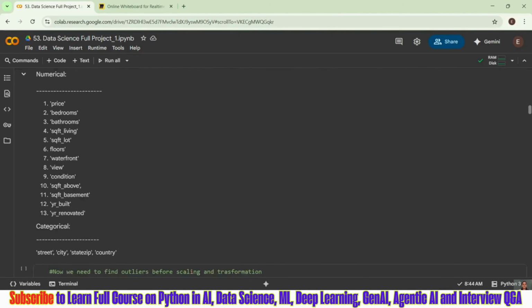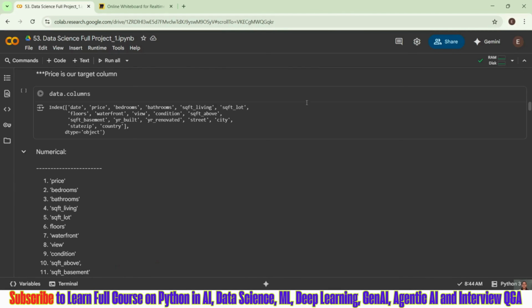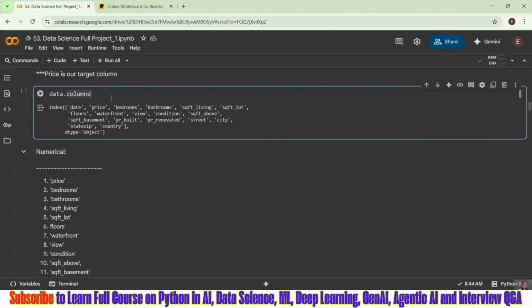Then after that, what is the next step? We have to perform our EDA, exploratory data analysis, because we have the data ready right now, and we performed our exploratory data analysis by considering various features. I have taken joint plot, pair plot and heat map. Heat map is better to understand the correlation, which features are highly correlated with the price. Price is the target column. You have to detect the target column. Then after that, what is the next step?